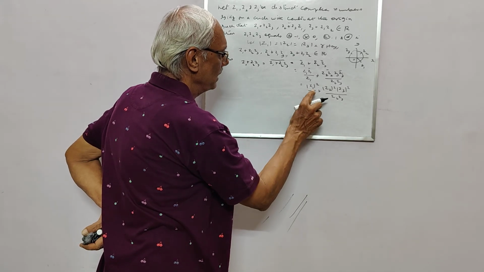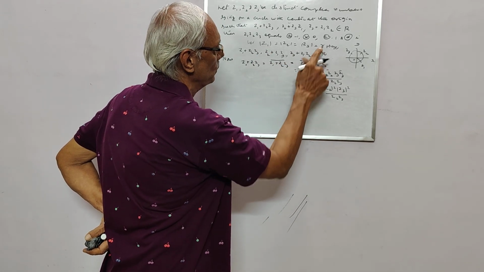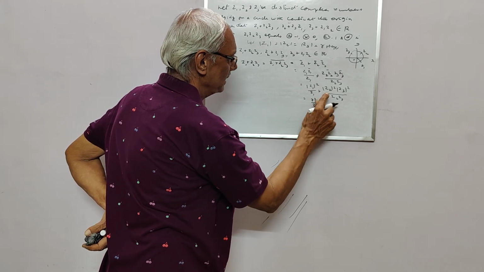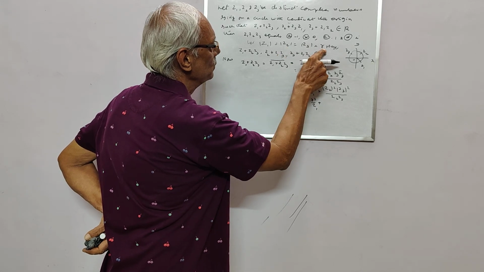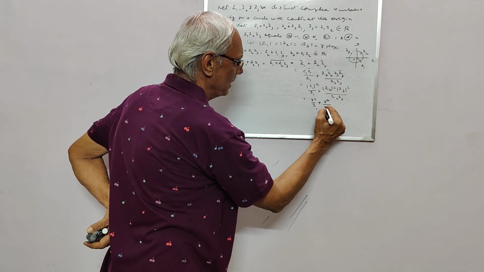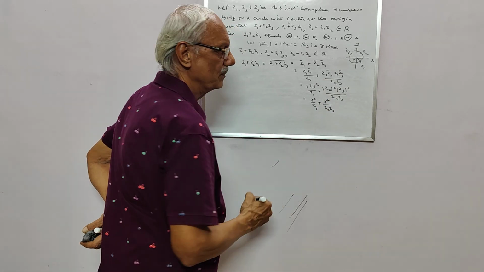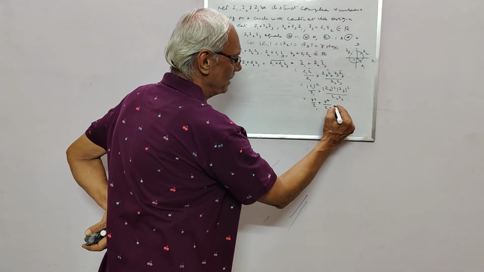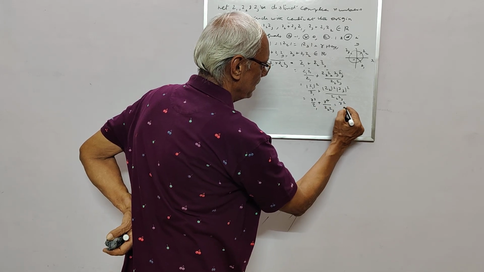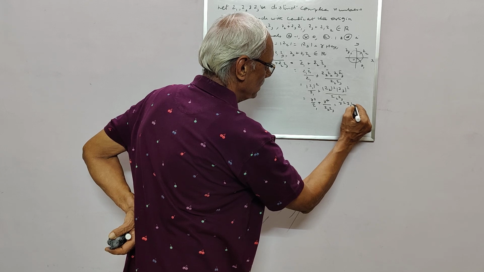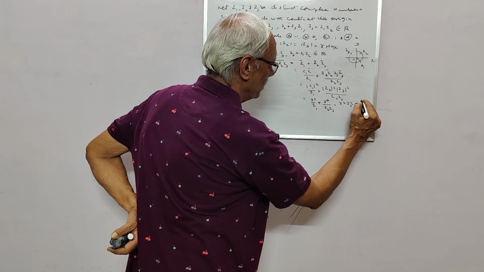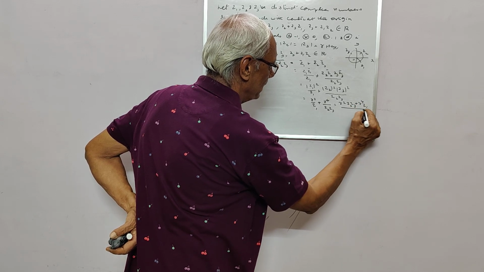Now what is this? Modulus of z1 squared is equal to r squared. So it is r squared by z1, plus modulus of z2 squared is r squared, and this is also r squared, so you will get r to the power of 4 divided by z2 z3. So this relation you get. Now this can be written by taking the LCM, so what you will get is r squared z2 z3 plus r to the power of 4 z1 divided by